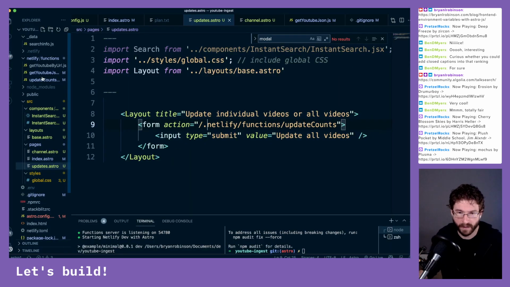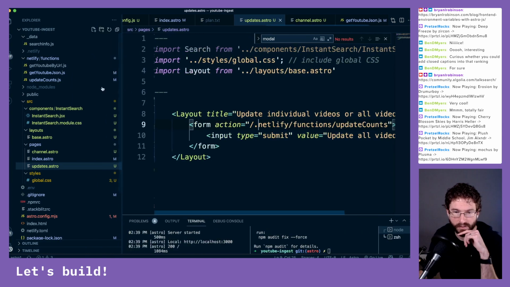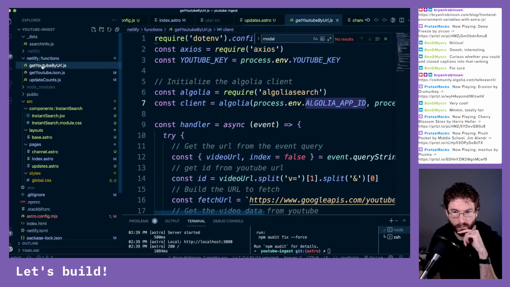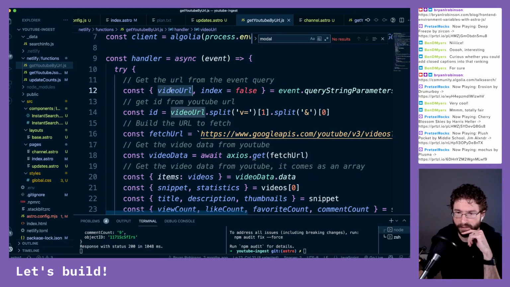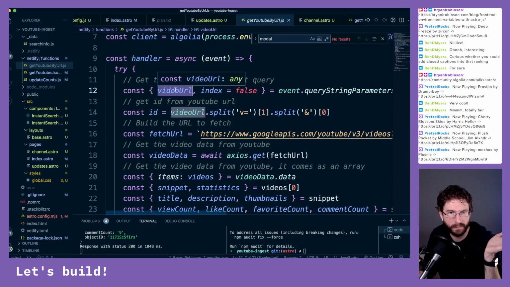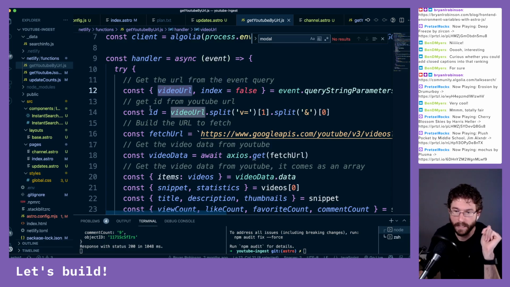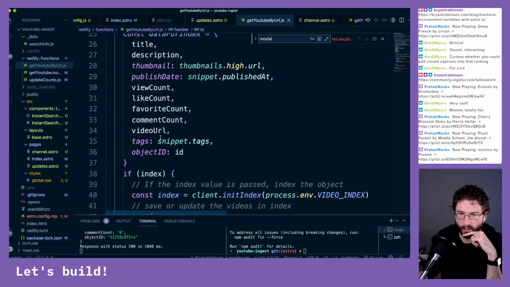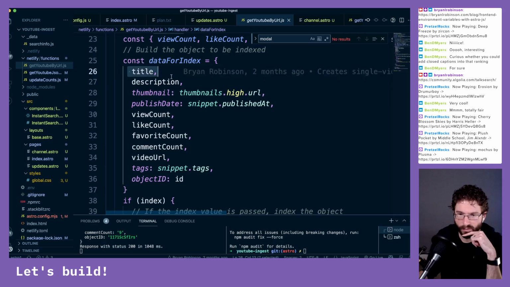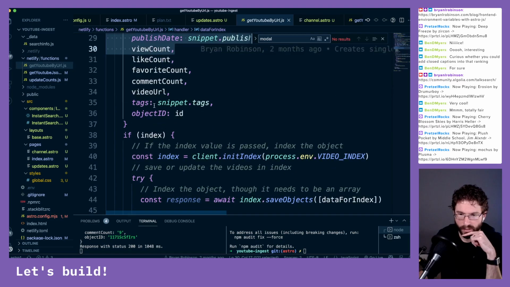So I have a Netlify function that we can probably reuse and make some modifications to: Get YouTube by URL. And I think we might just be able to use this in general. Let's take a look at it real fast. It takes a video URL. I had to do video URL instead of video ID because If This Then That only spits out the video URL. So we split that based on the v equals, grab that, and then split it again on any ampersands and only grab that one little middle chunk. Then we grab all the data, and then what do we do with it for Algolia? Data for index is grabbing the title, description, all the counts, setting up the object ID,